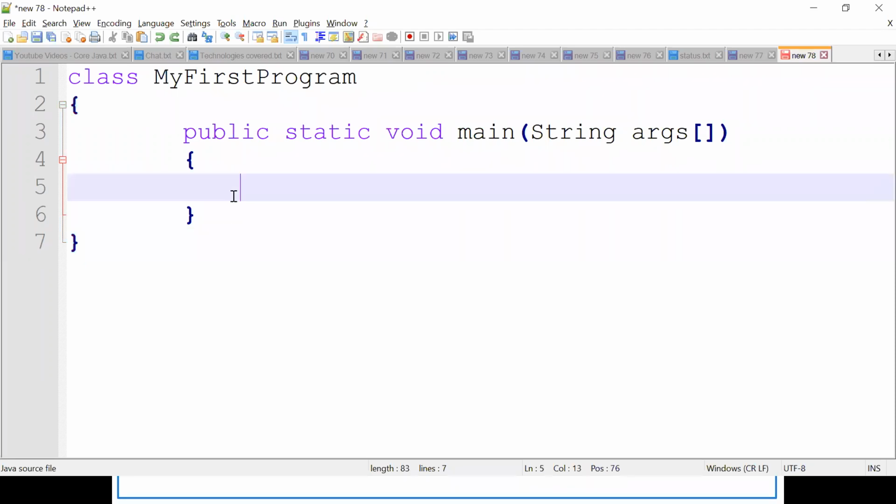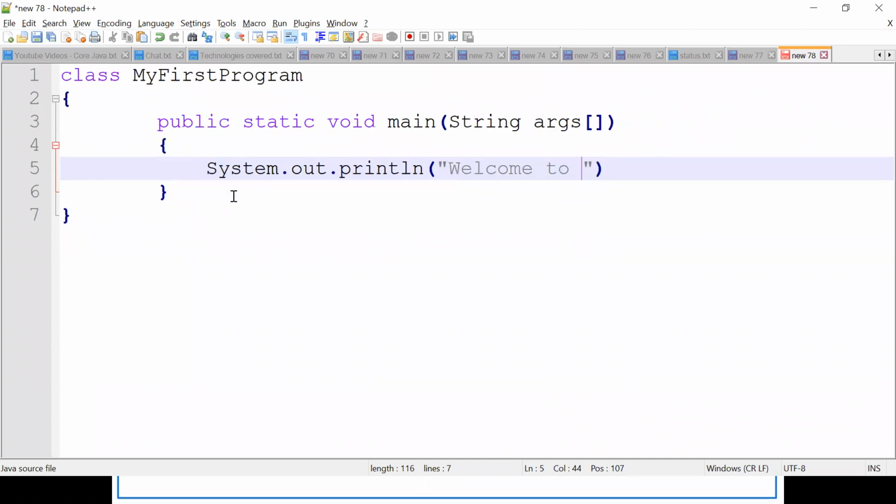Now inside the method, I'm going to print something. For printing purpose, we are going to use System.out.println, right? I can say, welcome to Mercy Technologies. And all the statements should end with a semicolon.